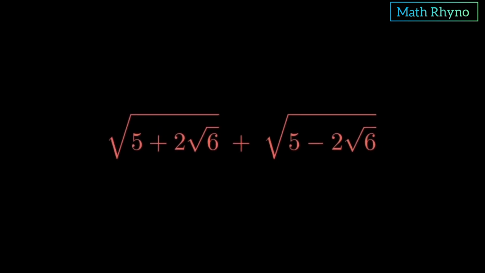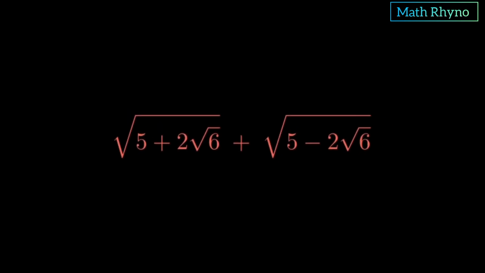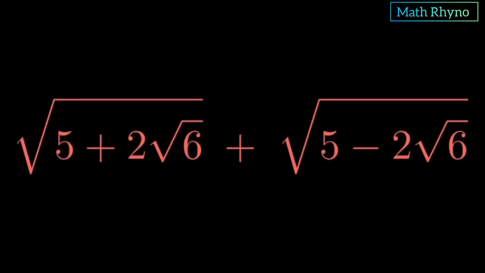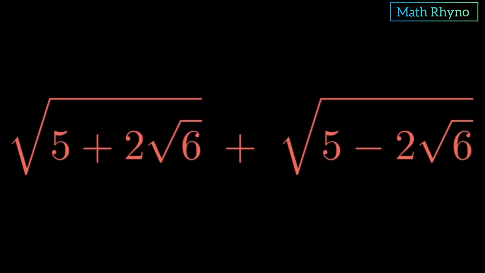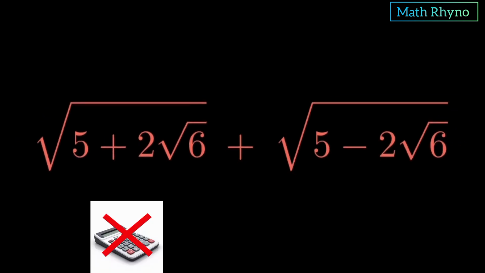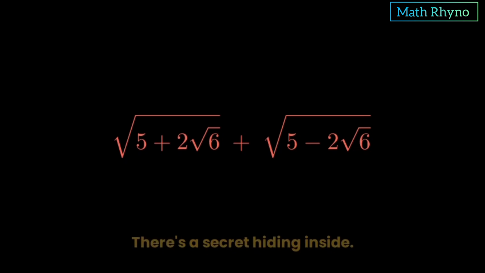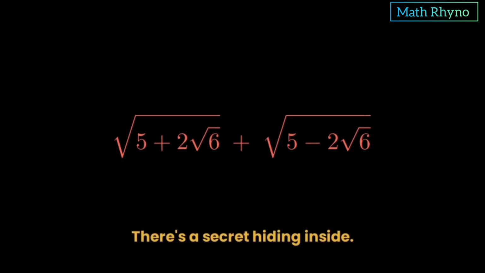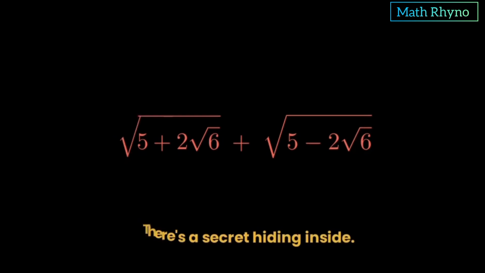Most people see this and just close the tab. Nested square roots inside square roots. No calculator allowed, it looks impossible. But hidden inside this ugly expression is a secret so clean that it will make you question every sad problem